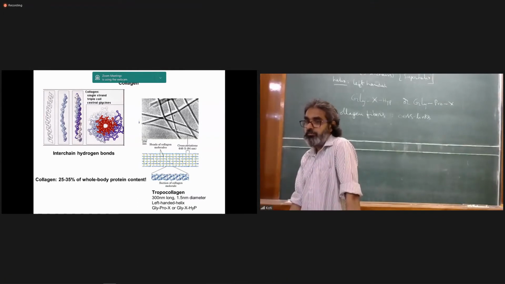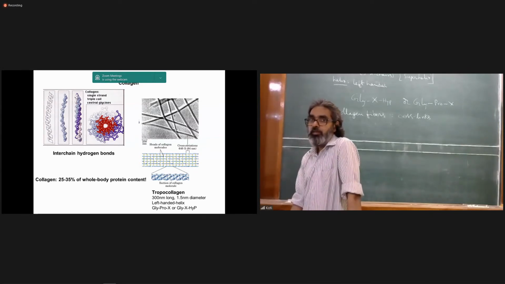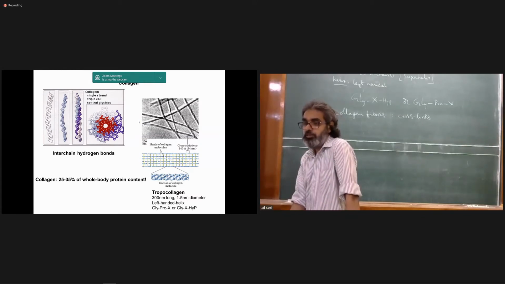But if you go to enzymes, you talk about the active site. Then you ask what residues are at the active site. I have a cysteine, which might act as a nucleophile for reaction. I have an acid side chain, which might form a hydrogen bond and push and pull protons from one substrate to another, and so on. So basically, we have to see the functionality of amino acids in the context of where they are present in polypeptides and proteins.